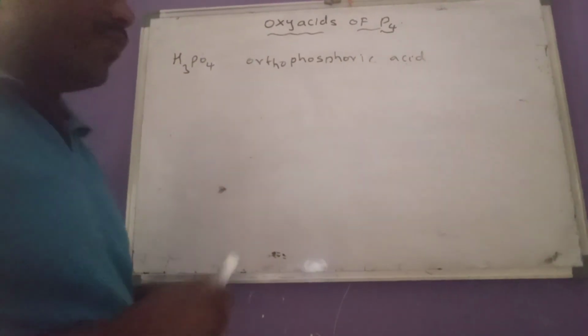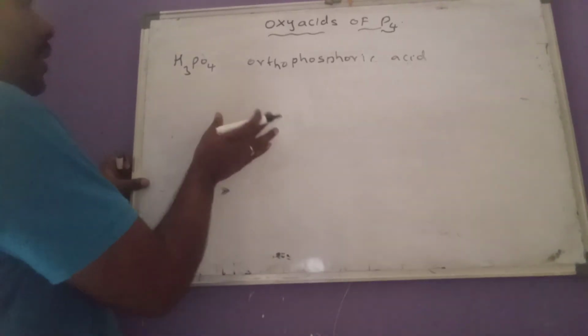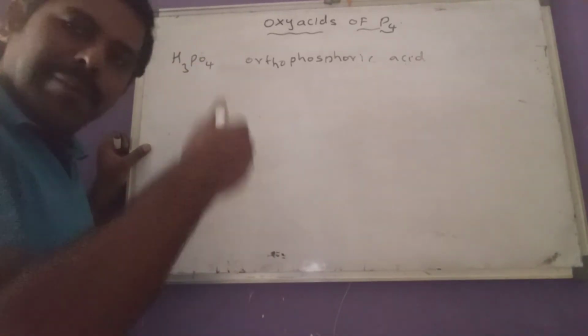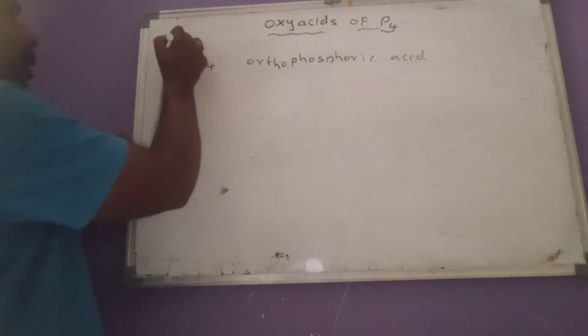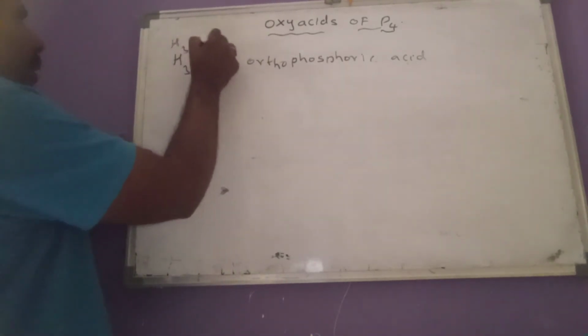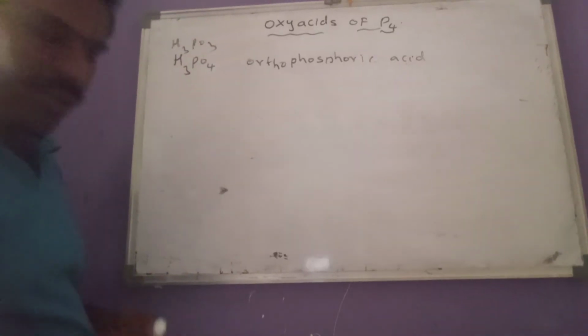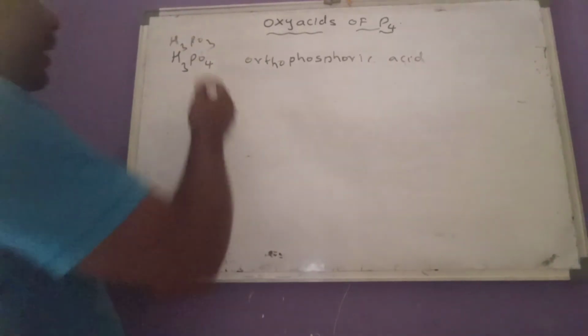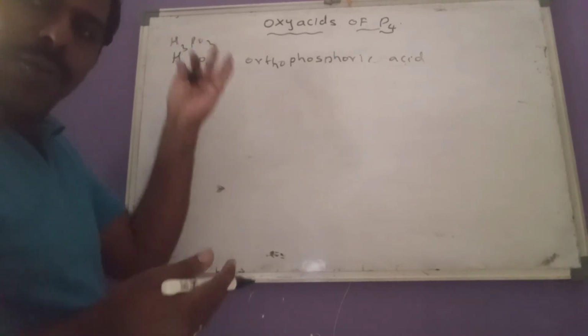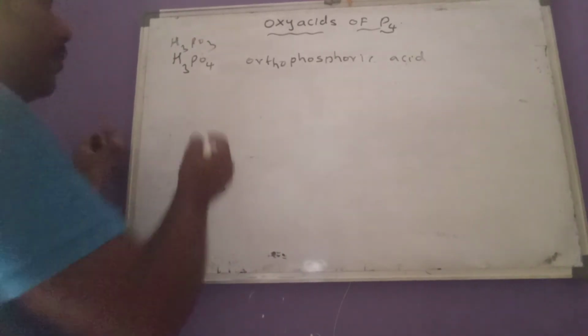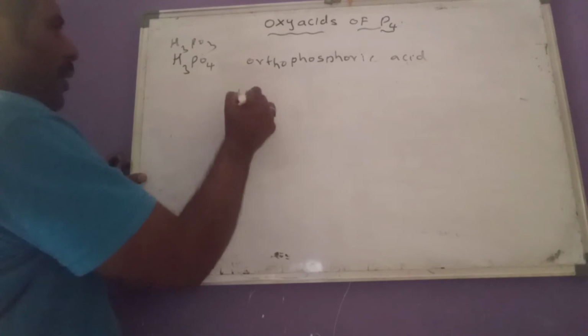It is easy to remember its formula. Pyro means, in the Telugu language, pai means upper, above. So what are the above acids we observed up to now? H3PO3, H3PO4. Now, by adding these two, pyro, by adding the above row, what we can get here? This acid. What is this formula now?